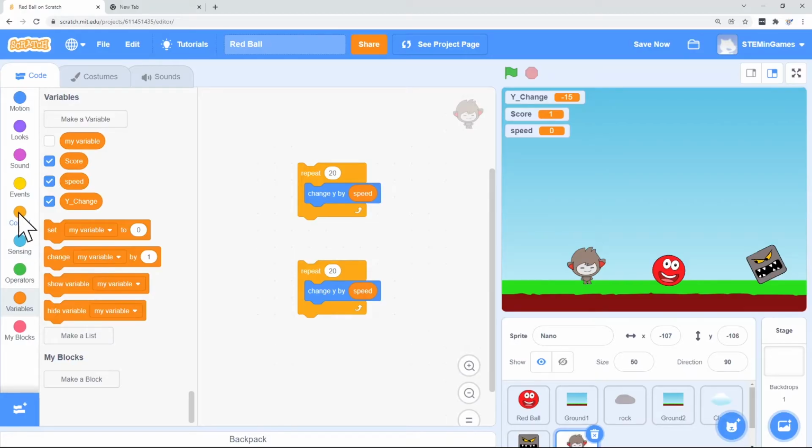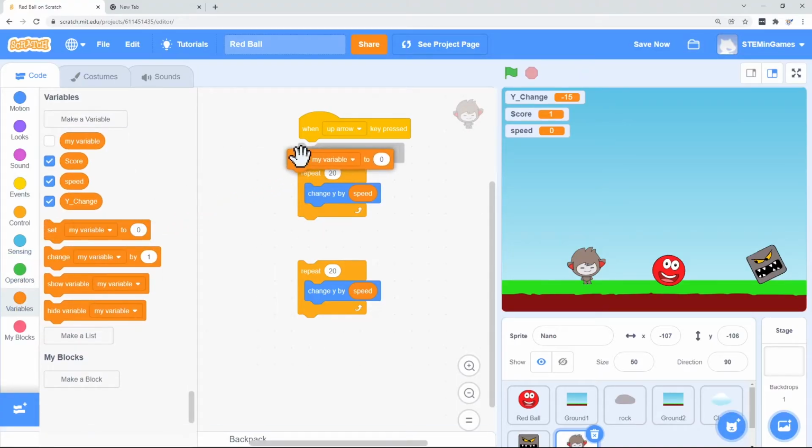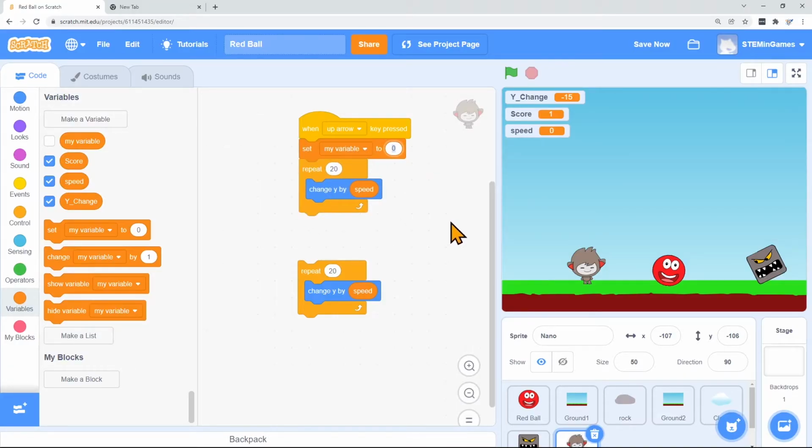Normally, I would start my code whenever the green flag is clicked or something else like that happens. But I have a lot of other code running, and so let's change it to when I press the up arrow. It'll start my code. Let's make speed 20, since we're going to loop 20 times. And in the loop,